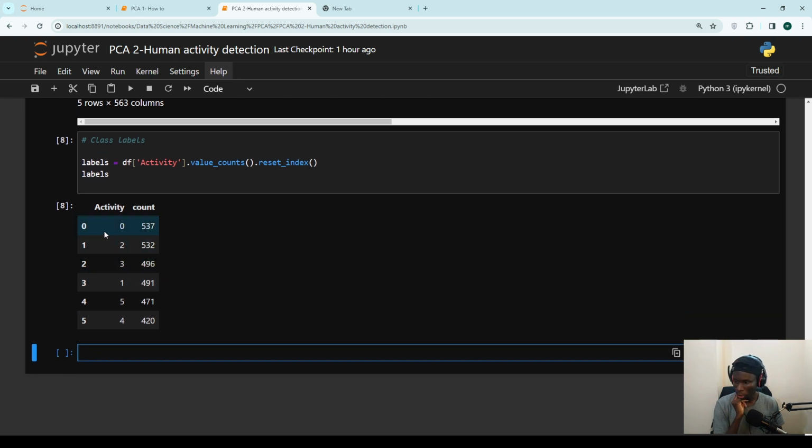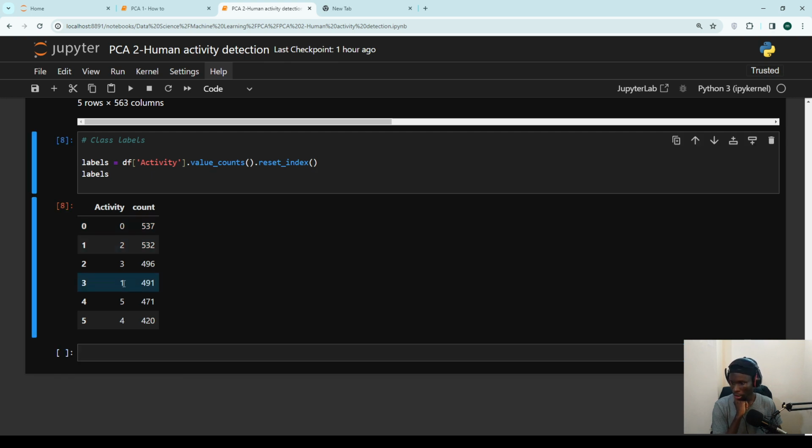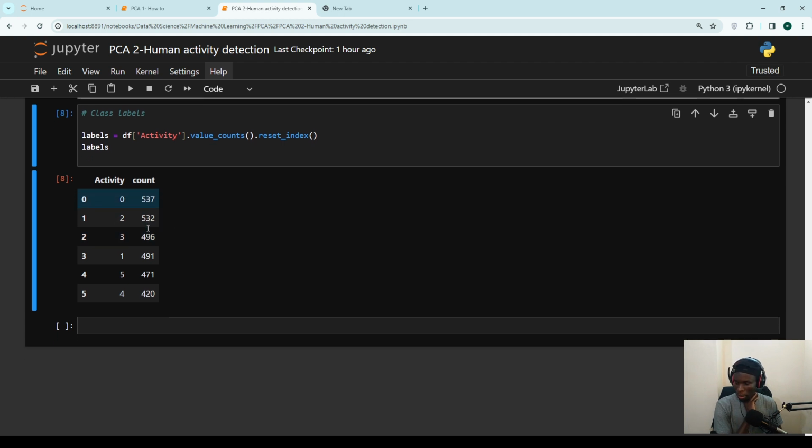So for the class labels, you can see we have a total of 6 classes. So 0, 1, 2, 3, 4, 5. We have a total of 6. So you can see that they are of different count. Okay. For the class labels, from the look of things, we cannot see a huge imbalance in the count of these labels. So maybe we want to apply methods of reducing these class imbalances. Okay. So after this, we can then